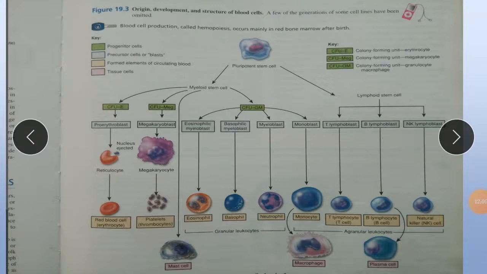Red bone marrow is highly vascularized connective tissue located in the microscopic spaces between trabeculae of spongy bone tissue. It is present chiefly in the bones of the axial skeleton, pectoral and pelvic girdles, and the proximal epiphyses of the humerus and femur. About 0.05 to 1% of red bone marrow cells are derived from the mesenchyme and are called pluripotent stem cells, also called hematocytoblasts. These cells have the capacity to develop into many different types of cells.